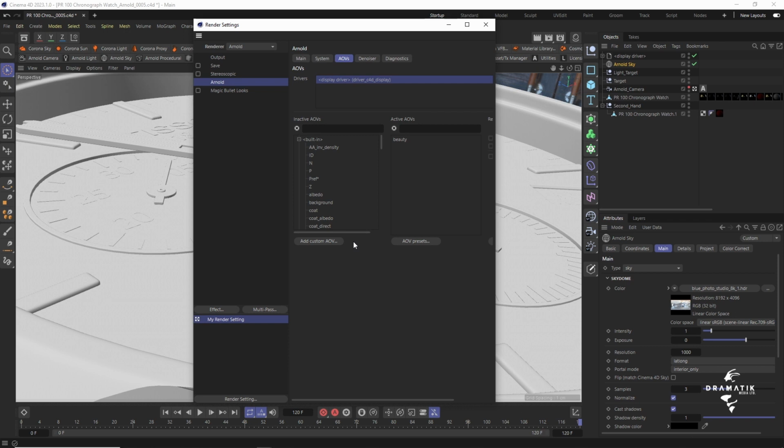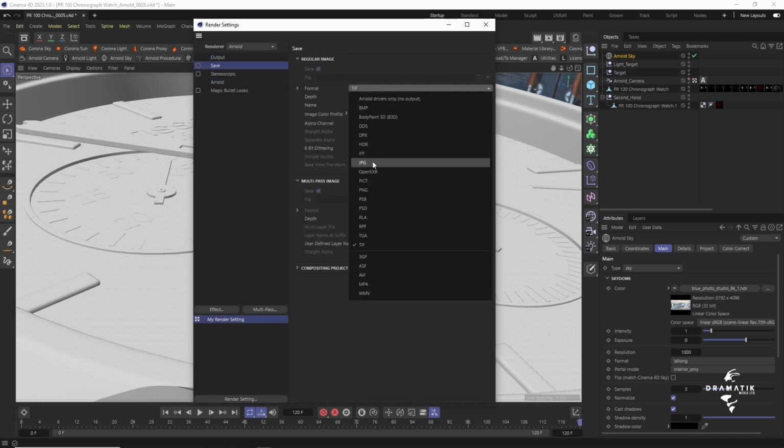So always render out in multipass. That is a tutorial for another day. If that is something you'd like to see, please leave comments below, then I'll create a tutorial for that going forward. It's beautiful, something like that. Today we're just going to render a single image. However, we'll still render it